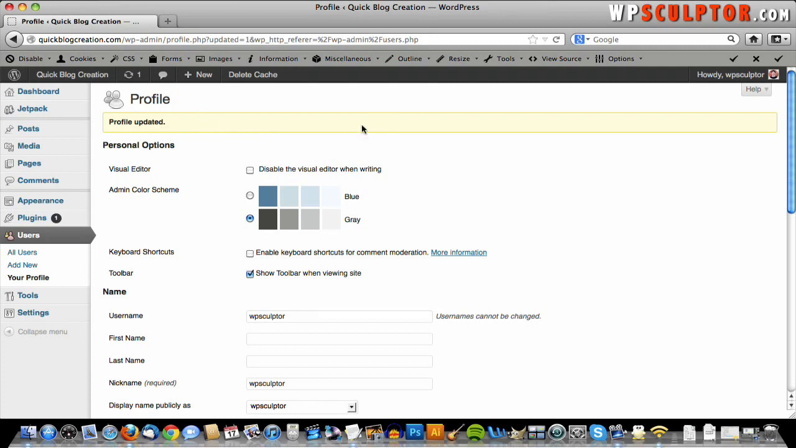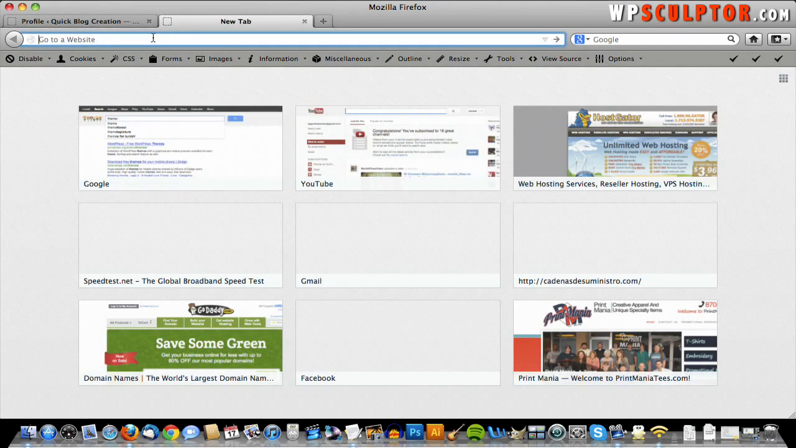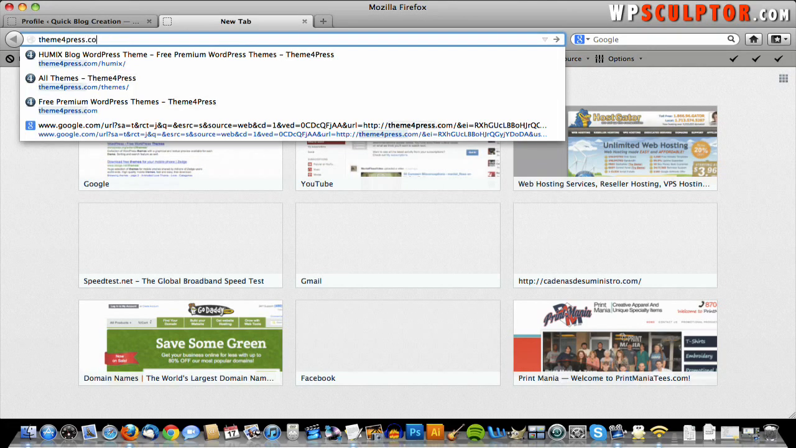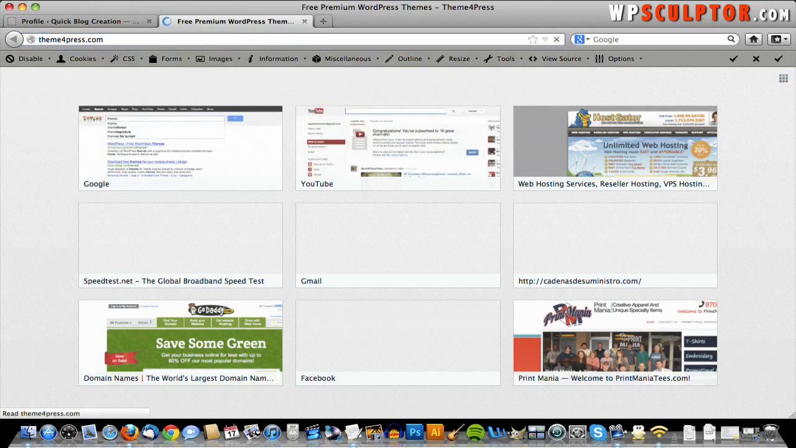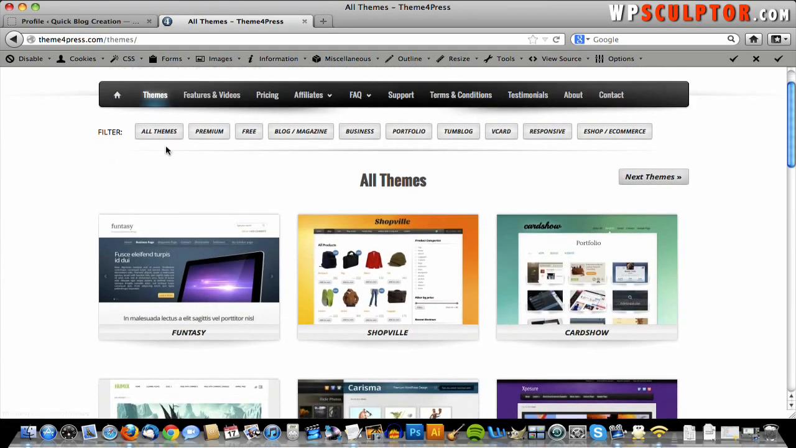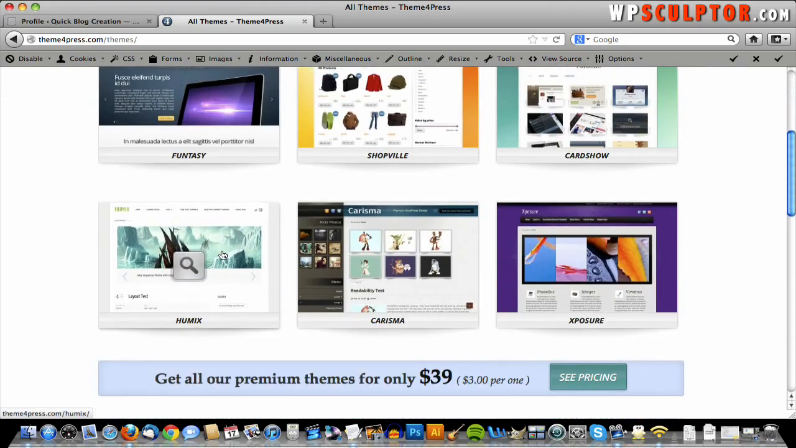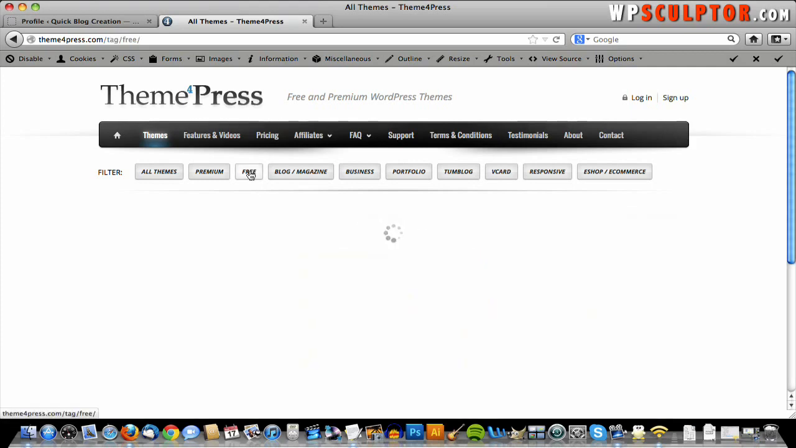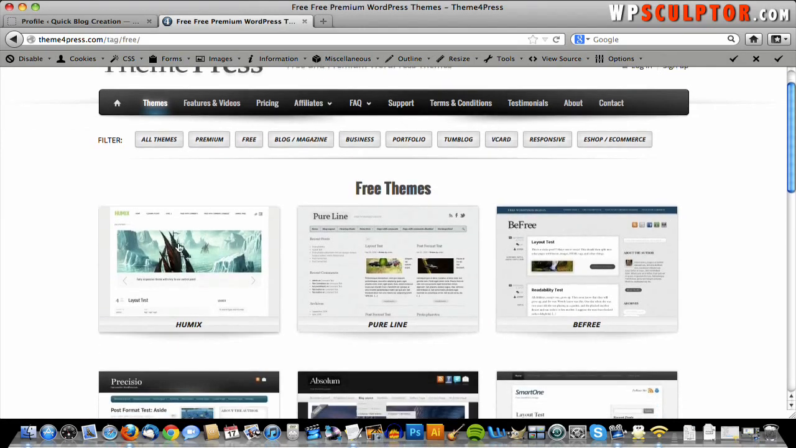Now we're going to go and install the Humix theme. So in a new tab, you're going to go to themeforpress.com. And this is a free and premium WordPress theme company. And once you get there, go to themes, scroll down, and it's going to be right there. In case it's not there, if you're watching this video in the future, click on the free tab and it will be under there. So click on the Humix theme